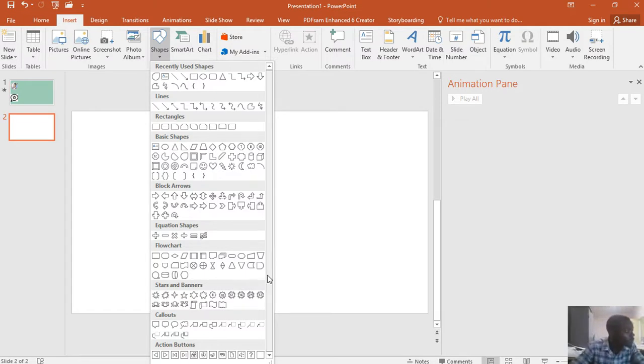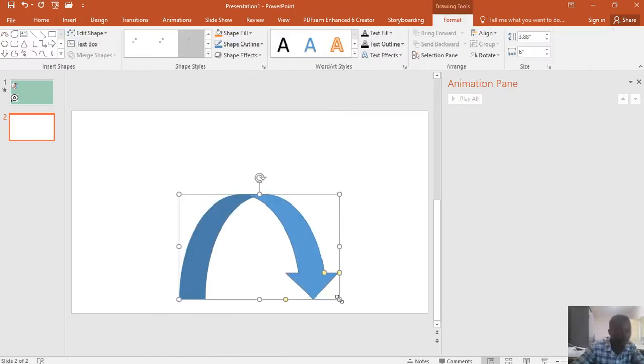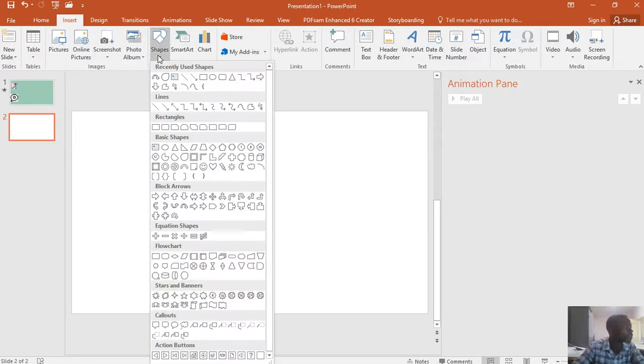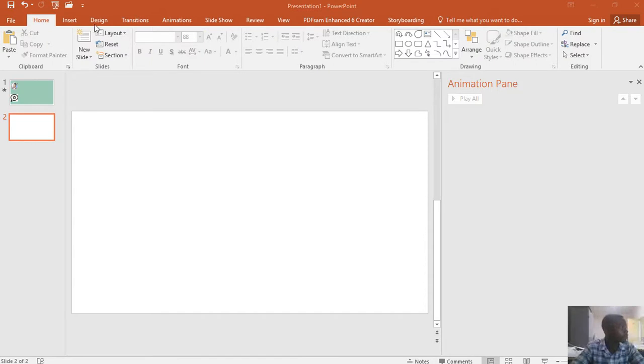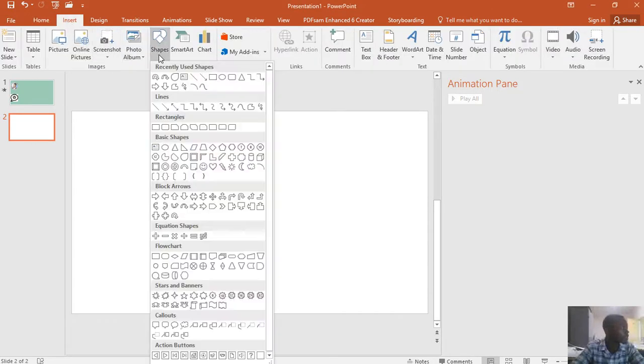More likes, please give me more likes as I check for the block shape that we are looking for. This is not the one, so let's click on insert again in shapes. Let's look at shapes. Alright, so we click on insert, and then we say shapes, and then we can take this one,